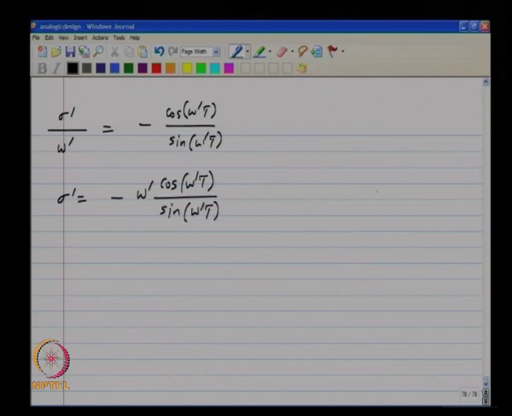I will rearrange it like this: sigma prime as a function of omega prime, and this can be further rewritten as